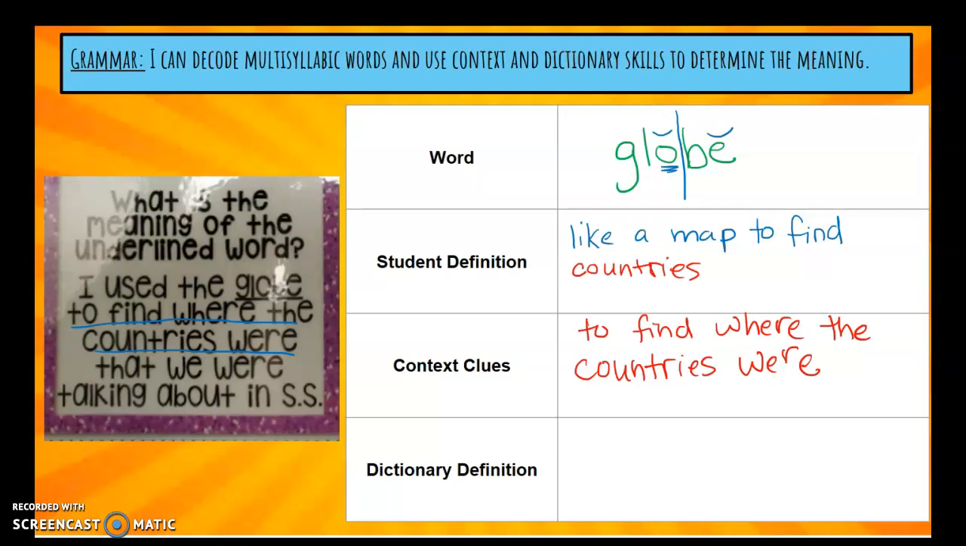I also have my second definition, a spherical representation of the Earth. I think that's a better choice because Earth is where you would find those countries, right? So the definition that they give me is a representation of Earth. Okay, now that's not the exact definition that I came up with, but it's still similar, okay? It's like a map, okay? Earth is like a map. It's just wrapped right in a globe or in a circle like a ball, and it's where you find countries, and you find countries on Earth. So they're very similar. I know that my definition is okay. I've used my context clues. I understand now what the word globe